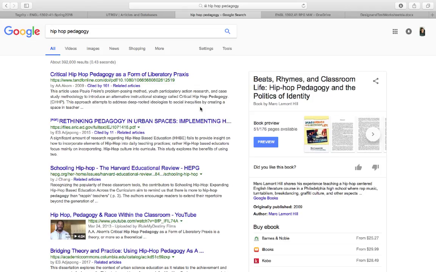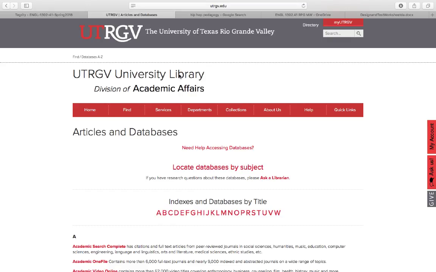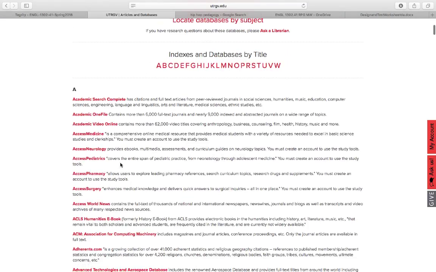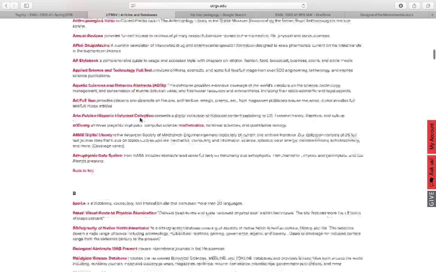And at the beginning of the semester, when I was looking for these sources, I had only found two this way that I thought were good enough to be in my research project, but I knew that it wasn't gonna cut it, and therefore I asked Bonnie for a better way to research, and she gave me this page to go to using the UTRGV library, and they have the articles and databases here, and through here I was able to go to Academic Search Complete or EBSCO